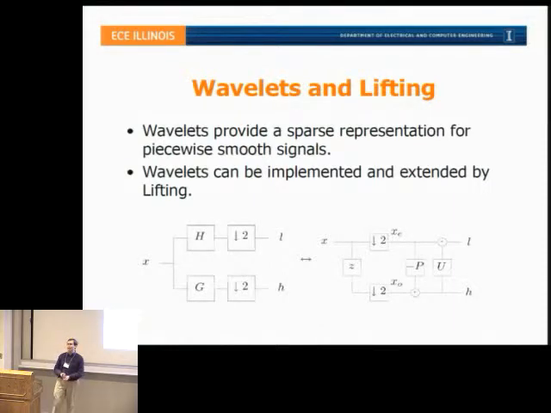So the typical way that you can implement wavelets is by a filter bank, which I show here on the left, where you filter with H and G, then downsample, and that gets you your filter. An equivalent way for FIR filters is a lifting scheme, that you can implement any wavelet transform by lifting, which is shown on the right. In lifting, you start by separating your signal into two components, the even samples and the odd samples. And these two signals tend to be highly correlated because they're interlaced to each other. So you should be able to create a good predictor,